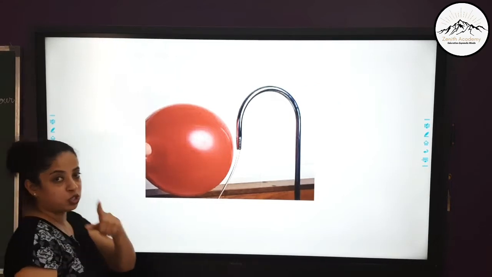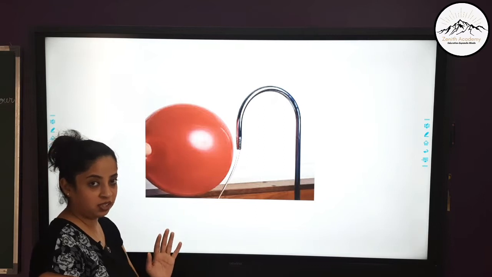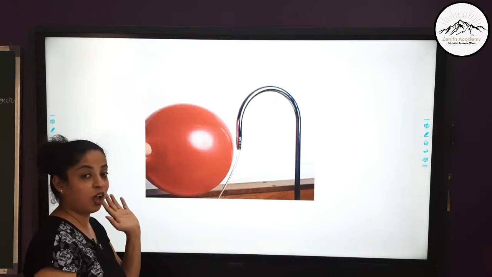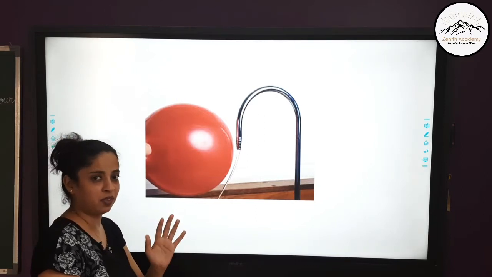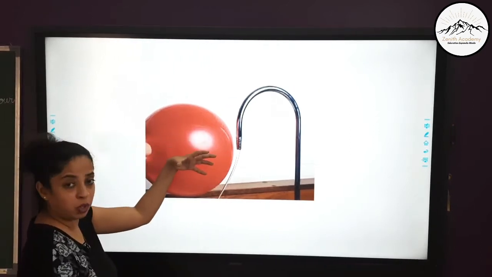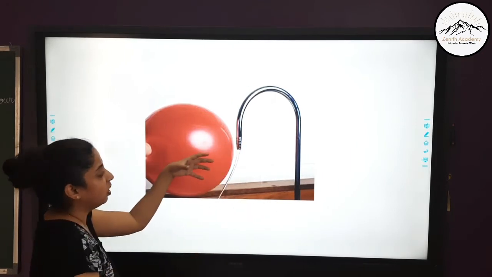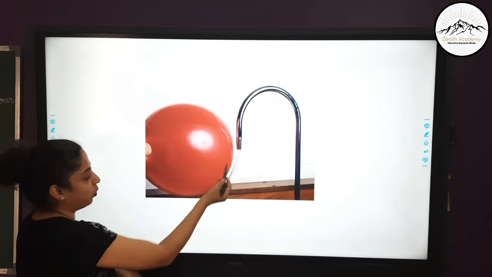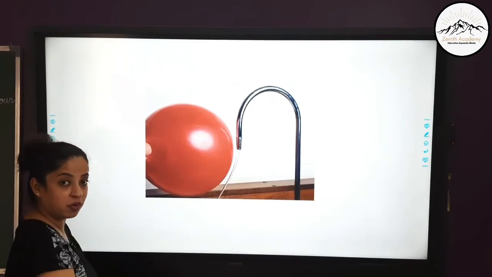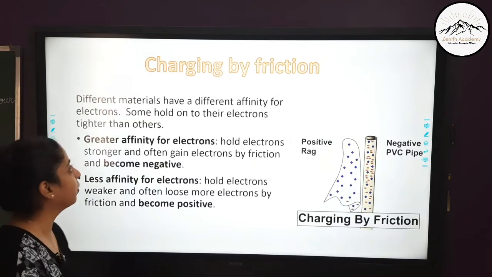Here also you all should try this. Take a balloon, charge it by rubbing it. So from these examples we know now how to charge things by rubbing them with something. So we have charged this, and if we bring this charged balloon near to a stream of water, it changes its path. You can see the stream of water is deflecting from its path. So we will study the reasons of all this now.